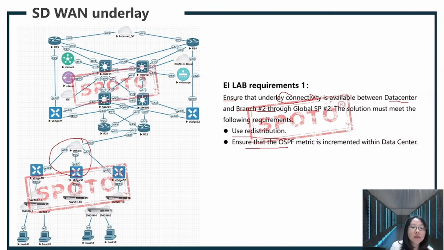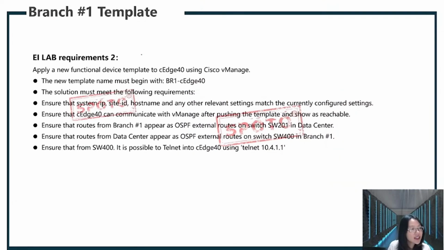Ensure that the OSPF metric is incremented within DC. We know OSPF external metric has 2 methods, E1 and E2. So in this requirement, which OSPF metric should we use? This requirement is very simple. Can you know the answer? Okay, so let's see the